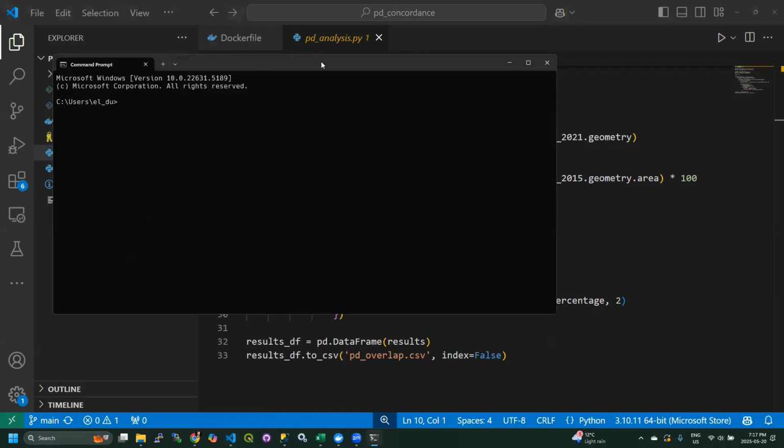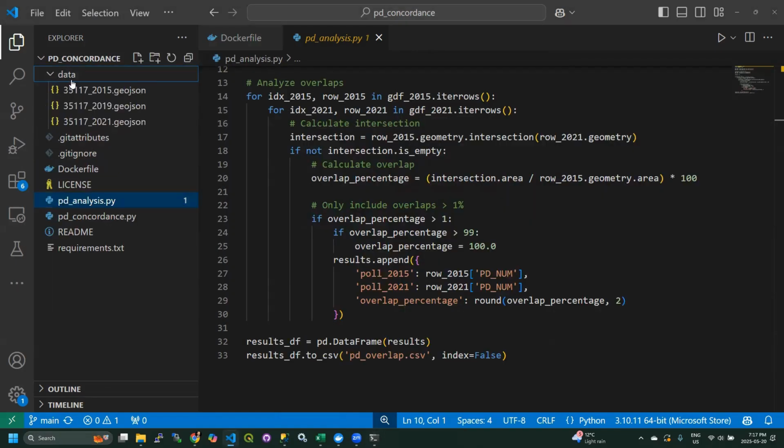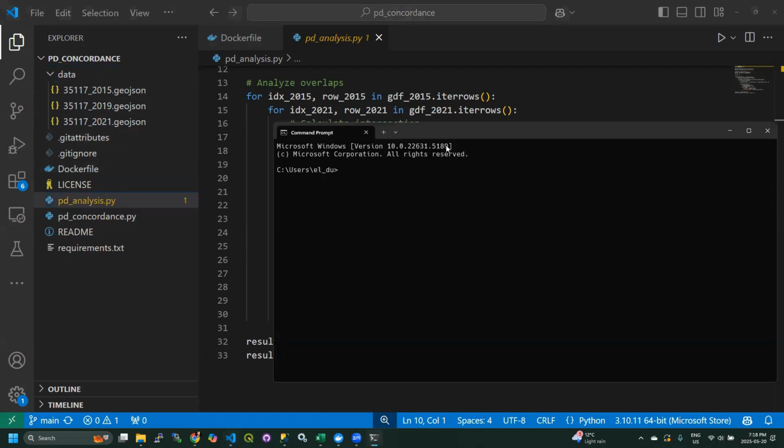I should add too, just before we get to that, I've already put together the data files for 2015, 2019, and 2021 for Windsor West. I believe those are in the repository as well, so that there is something that you can demo quickly. Okay,